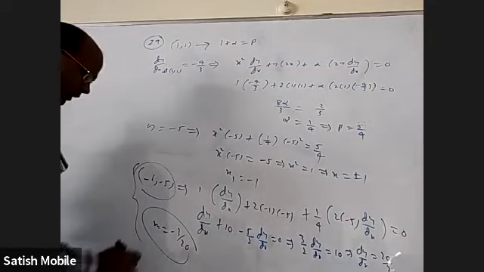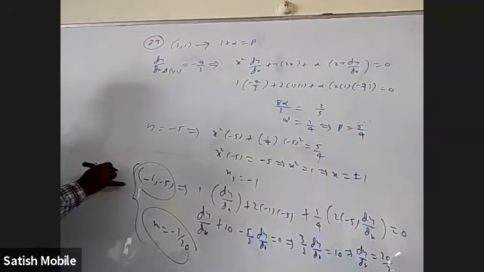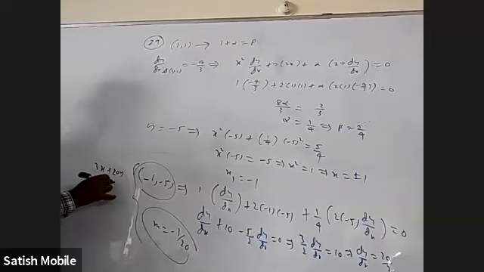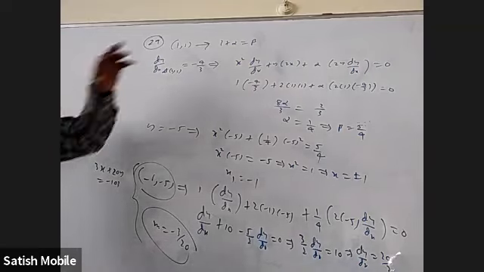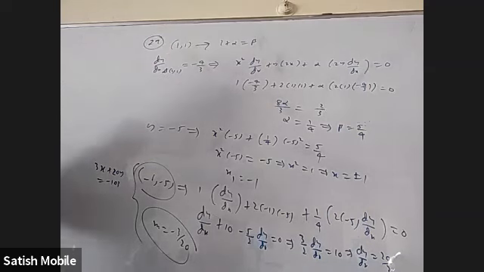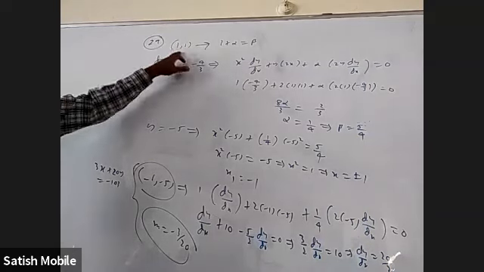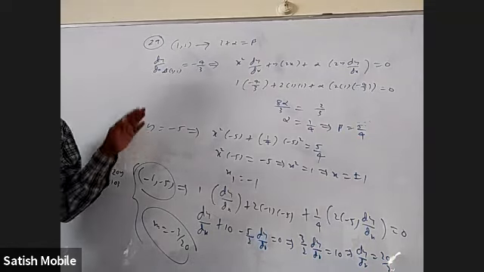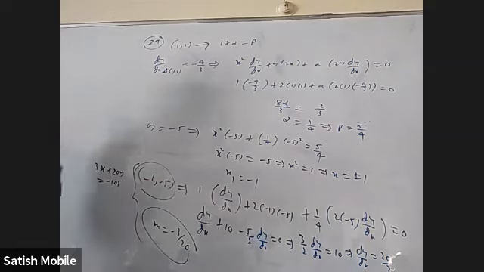From these two, you will get 3x plus 20y is equal to, when I put minus 1 and minus 5, minus 103. So 3x plus 20y plus 103 equal to 0. So the first part is finding alpha and beta from the two data that is given. One data is given directly, another data you have to understand from what is talked about. Then the third part is you have to substitute the y coordinate and get the x coordinate. And then find dy by dx there, the slope of normal there, and then the equation of normal there.